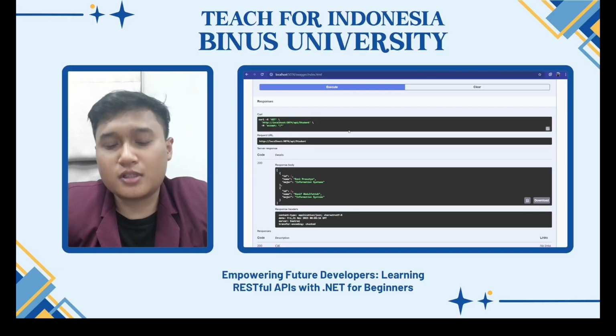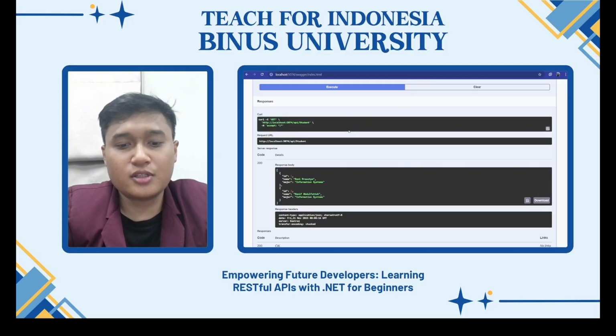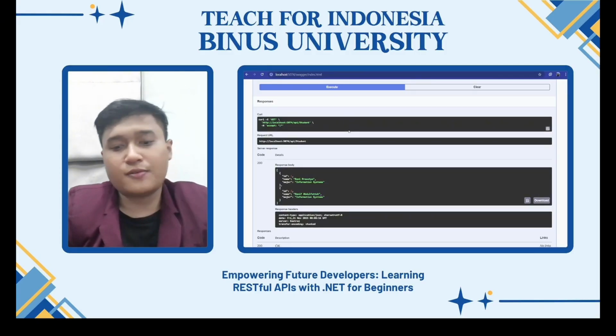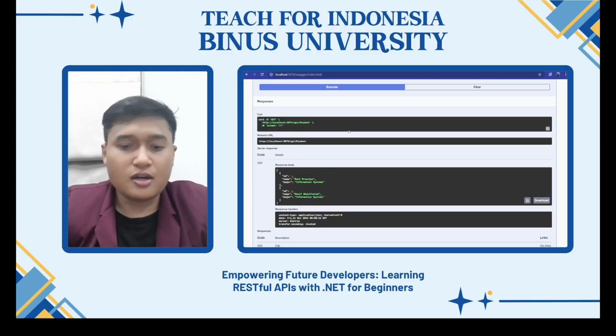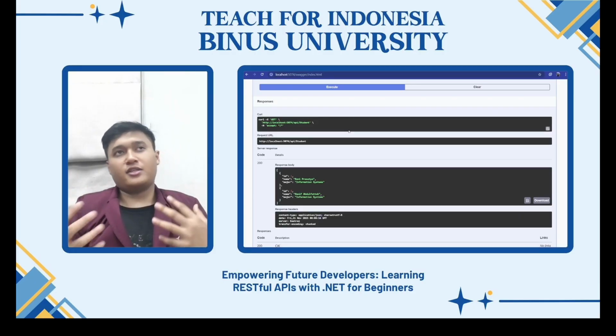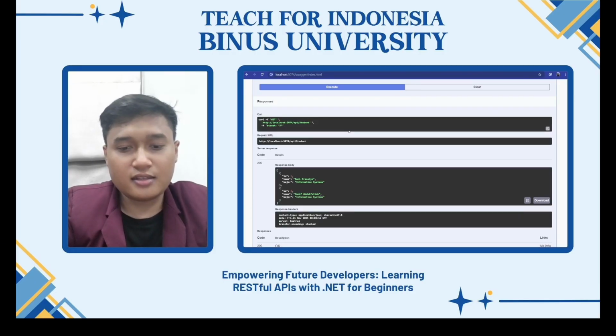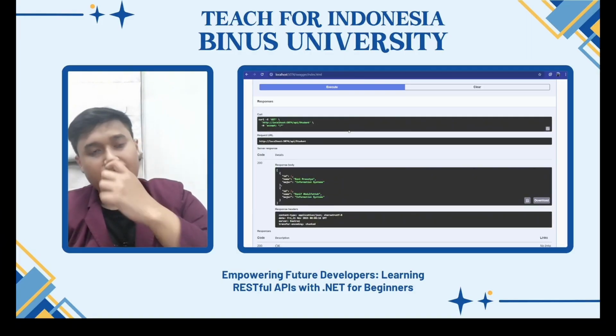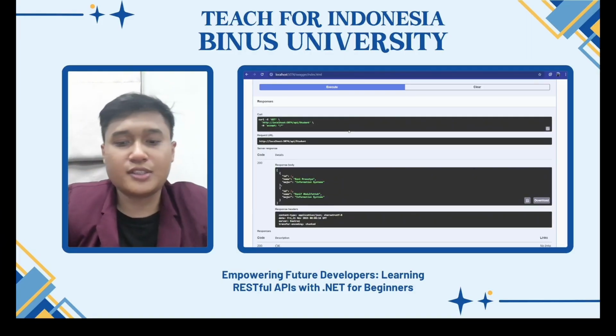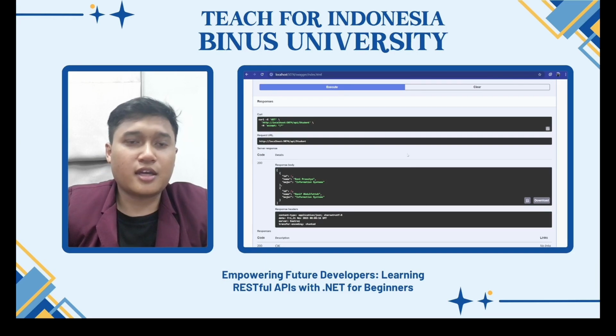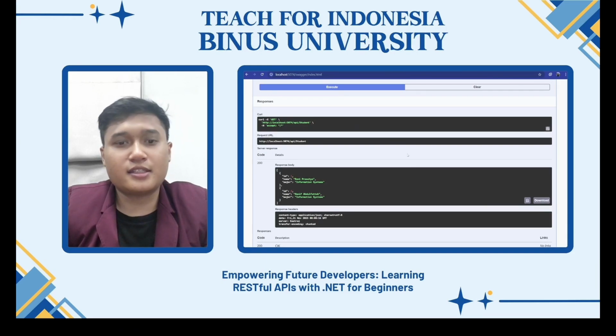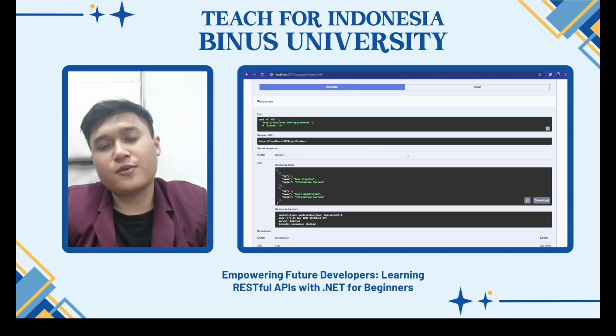more about CRUD operations. I can conclude that we learned the concept of RESTful APIs, how the .NET API structure works, how to build an API and connect it to MySQL, and the last one is how to perform the CRUD operations and test them in Swagger. So I think mastering API will be essential for modern software development.